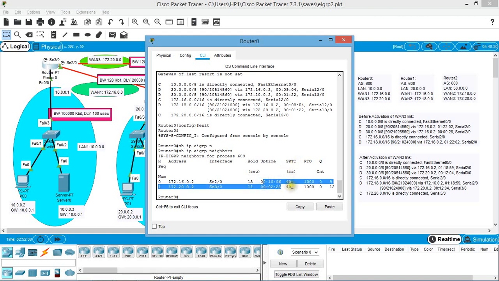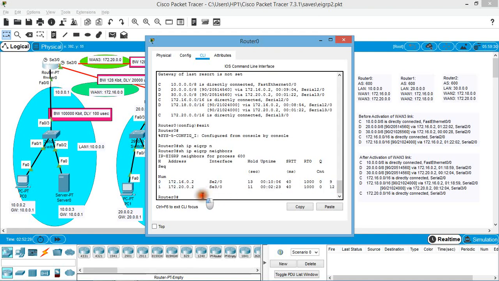The SRTT is the smooth round trip time for the EIGRP packet. RTO is the time in milliseconds for which the EIGRP router can wait before retransmitting the information, and Q count is the count of the update packets, request packets, query packets, and reply packets.